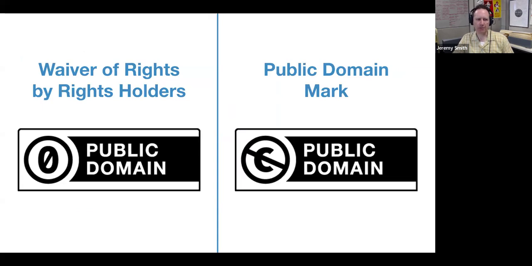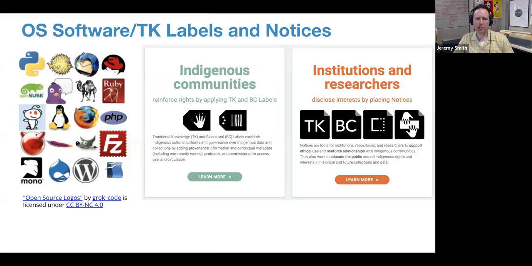Next slide, please. And just to mention, Creative Commons was somewhat inspired by the open source software movement. And so you see here some examples of software that's open source. This is openly licensed code that allows people to access the code and create different things with it. There's also a license called traditional knowledge labels, or TK labels.